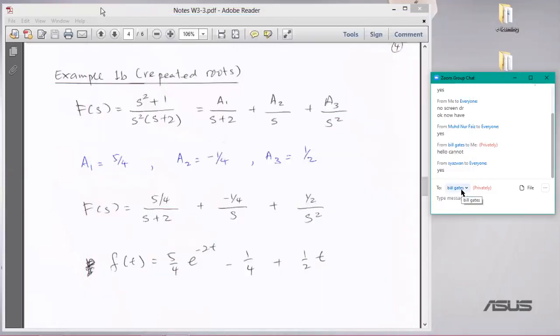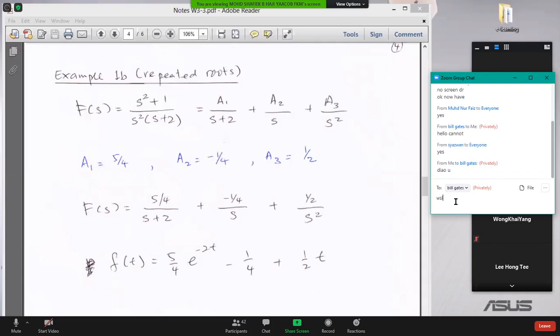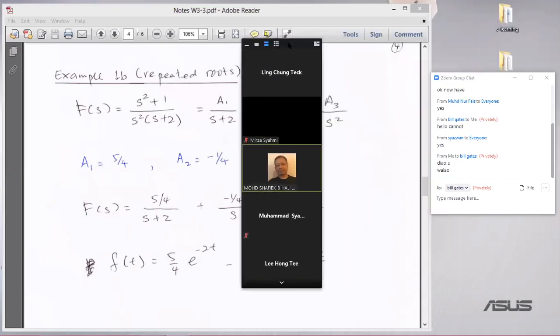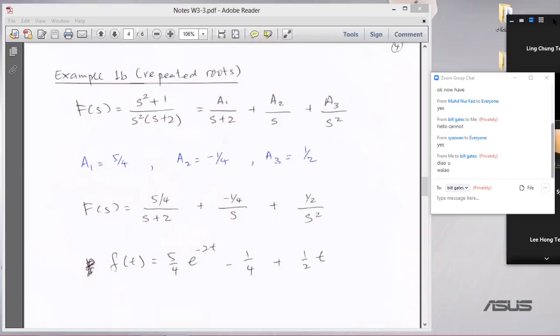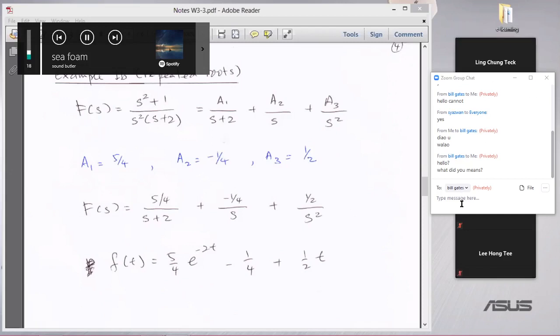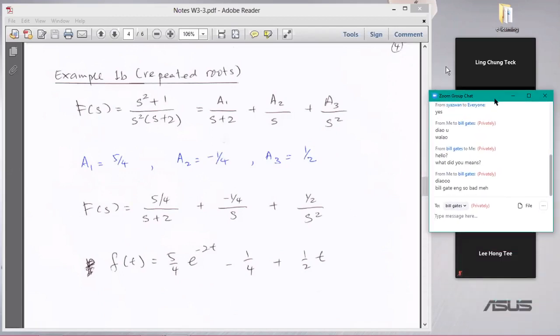I know this is a graveyard hour where everybody is sleepy, especially with all this COVID-19 hanging around our neck. I know that I would rather be having an evening walk rather than sitting here in this online class. But anyway, that's just the way it is. You just have to go through with that. Okay, so